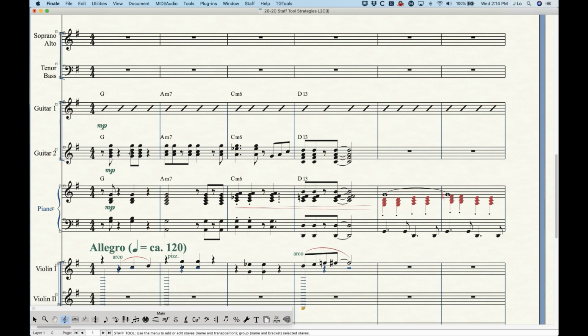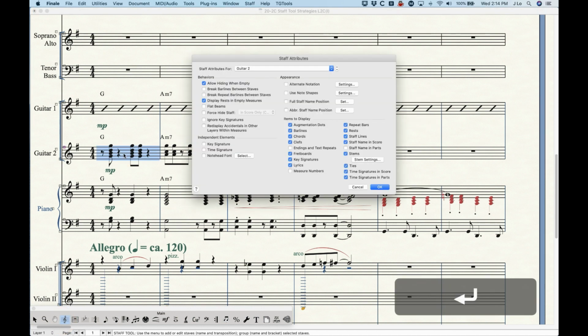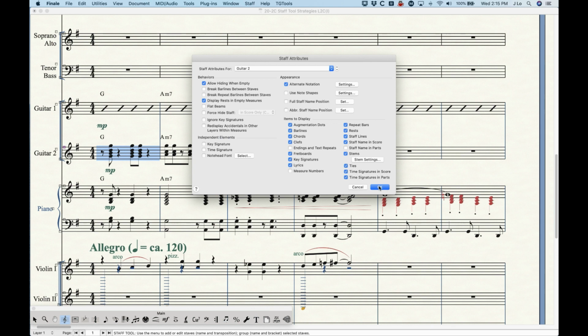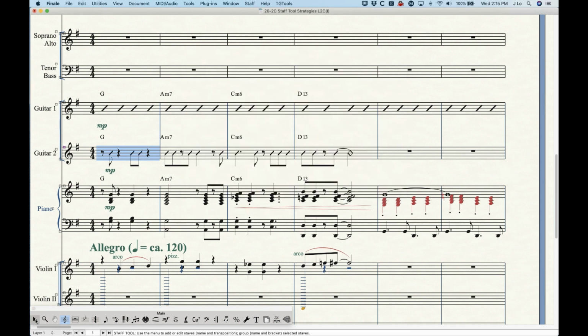And now let's take a look at what some of those other alternate notations are. So I've showed you the slash notation. I'm going to move to my guitar 2 part here to show you the next one, which is rhythmic notation. You select that one, and this is a little bit different than slash notation because now it's representing the rhythms of the notes that you had in the measure as this particular rhythmic notation. So you can see the difference in the slash notation. There's no rest, it's just 4 slashes a measure, versus this where you're actually seeing the actual rhythms of the